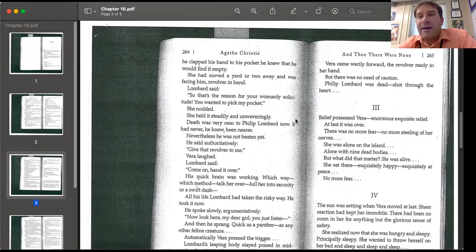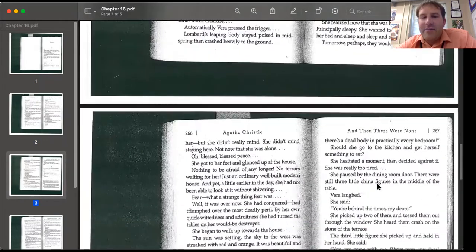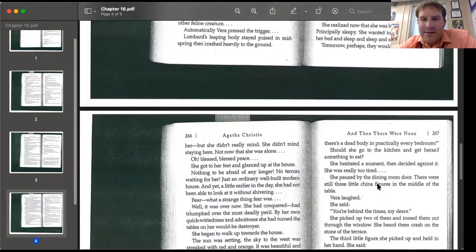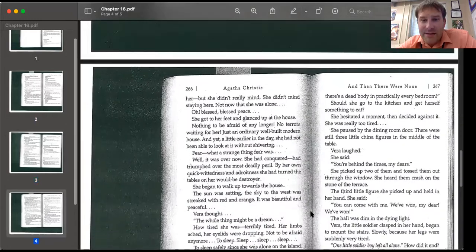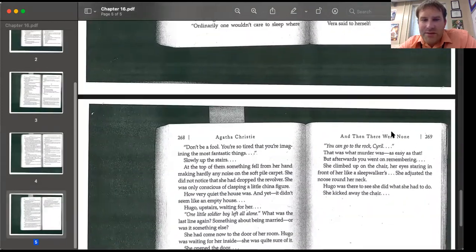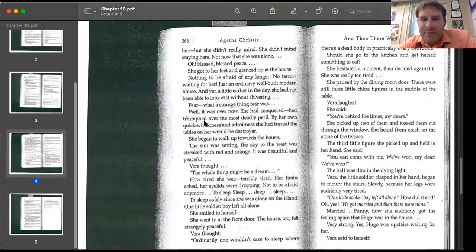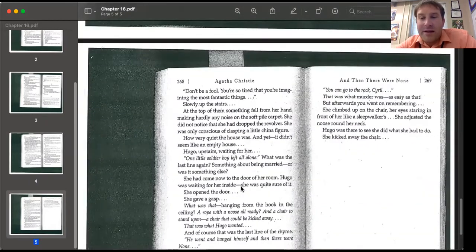Then something happens, and one of these two characters dies, and then we're left with one particular character. And there is relief for that particular character. They're like, I could do anything. And another area that you could possibly use for a prompt is when this character goes up to the house and they're inside the house all alone. So starting on 267 to 268 to the end here, this is one that you could really work with for a particular prompt, because the end of the poem is they went and hung themselves